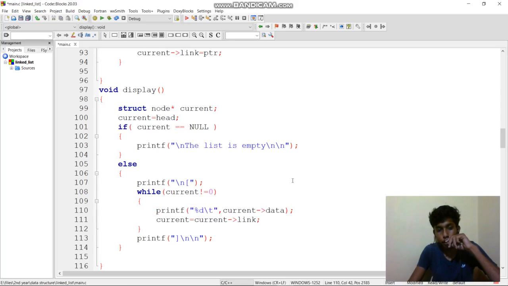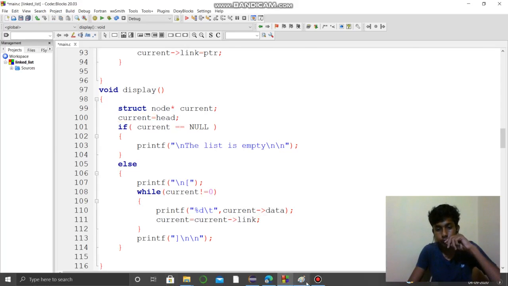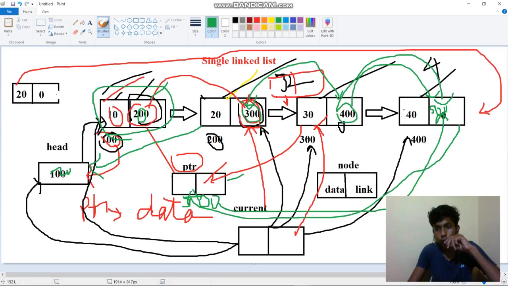Then current will point to the next node, and the next address data will print, that is current equal to current of link. If current is pointing to 4000, then 4000's data 40 it will print.